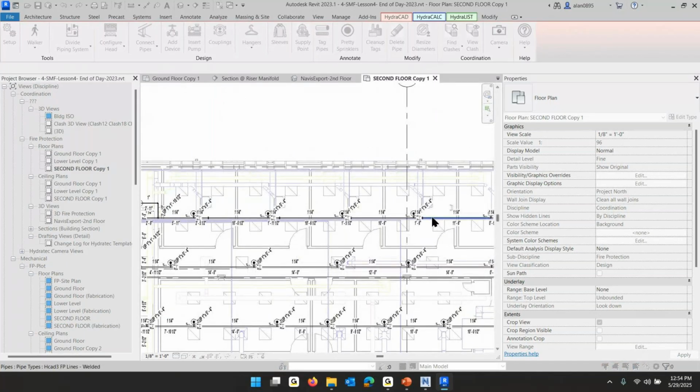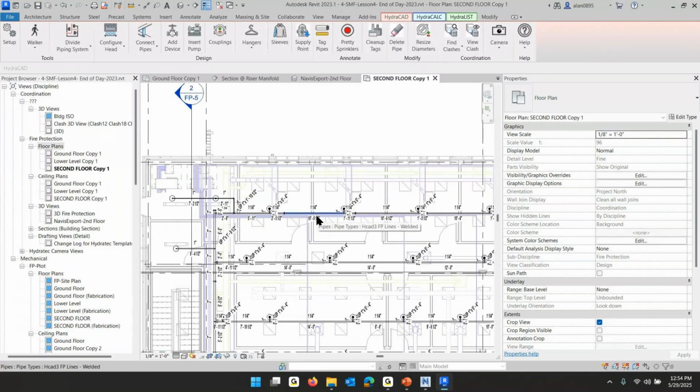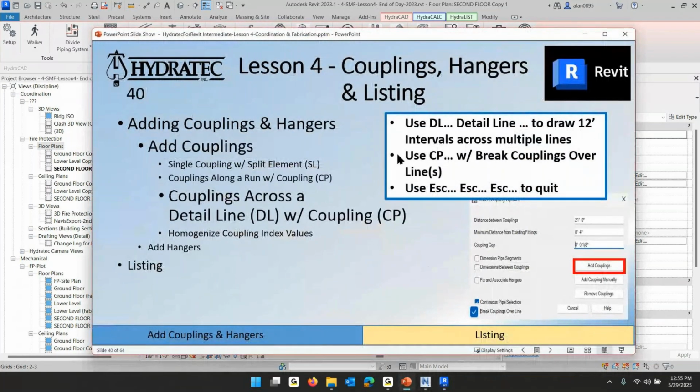And then it put a coupling there, 12 feet of coupling there, 12 feet of coupling there, 12 feet of coupling there. And then it wasn't 12 feet left over. So that's 2 ways to put couplings, one at a time, or every increment, every 12 feet. A third way is to draw a detail line, and every place that detail line crosses a pipe, you can tell it